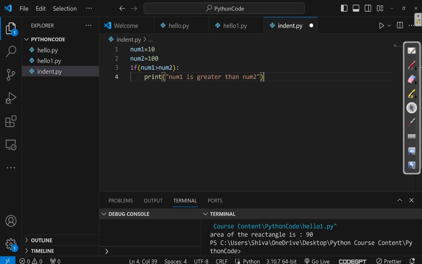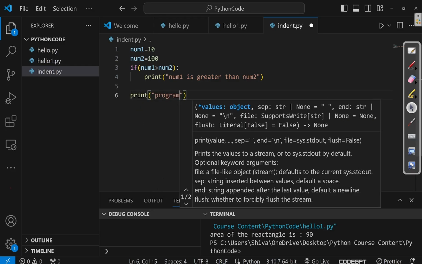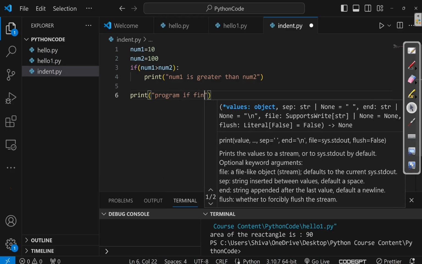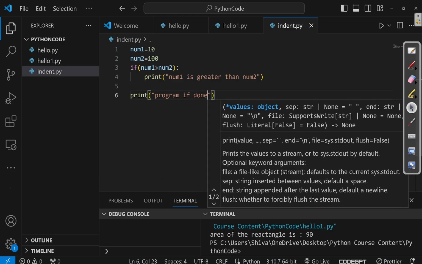After that, now I want to move outside the body of the if statement. So I will remove this indentation. I am outside the body of the if statement, and then I'm writing one more statement, that is program is done. So basically this thing is called an indentation.